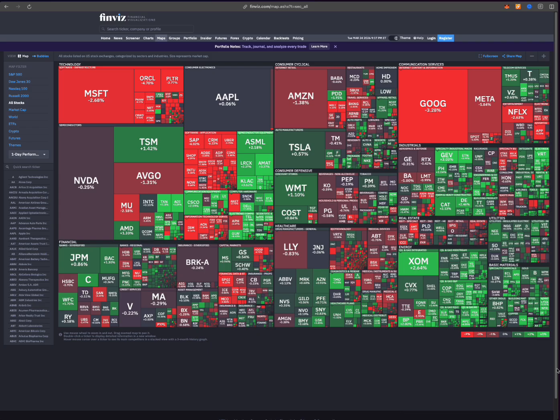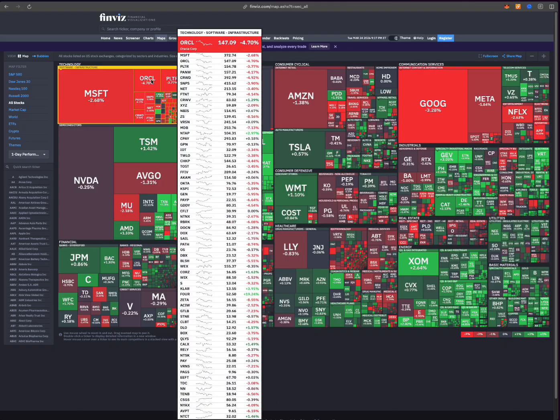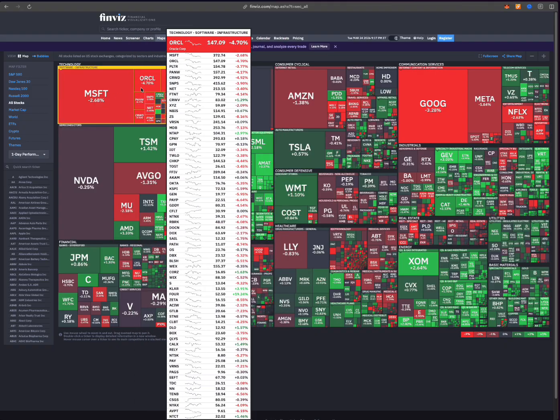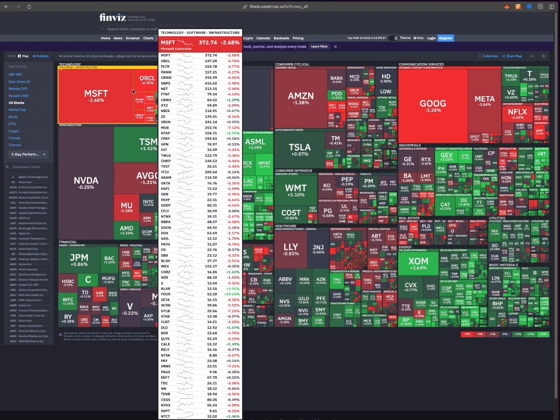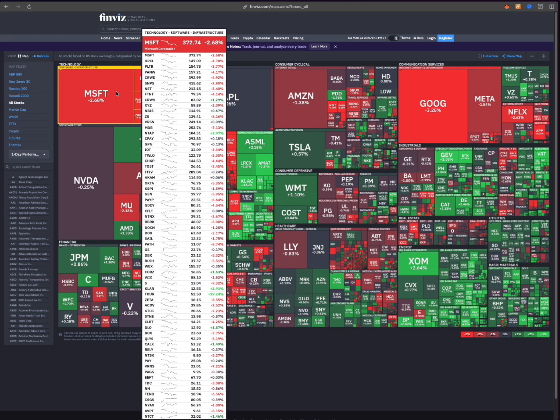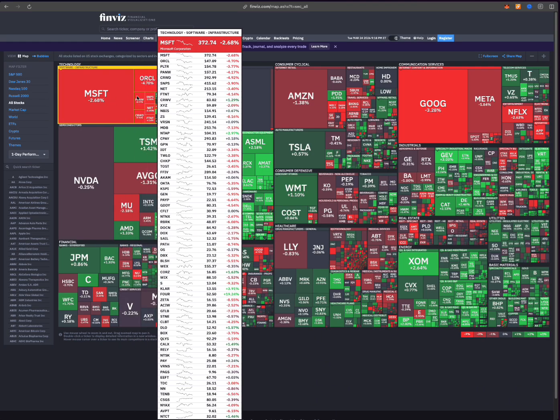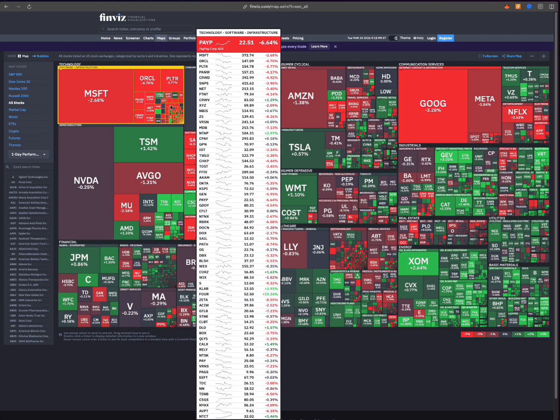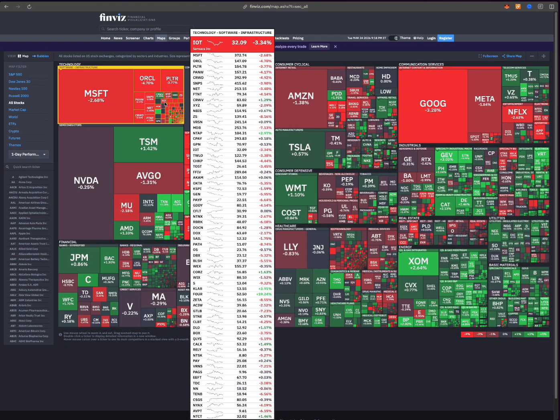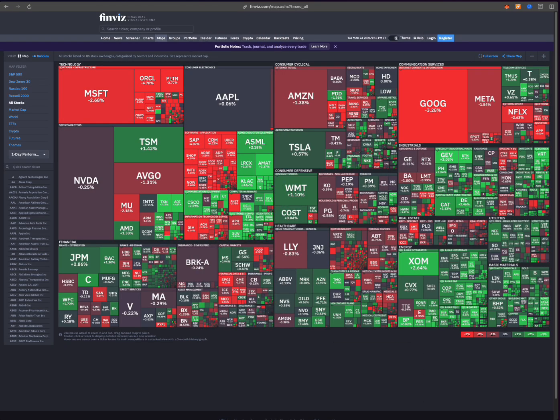Also, it helps to support your decisions. If you want to see what is selling off, what is doing well, technology is selling off on this day, you'll quickly be able to actually, not just decide, oh, it's only Microsoft that is selling off, but you can see here a lot of all the stocks in the technology sector were selling off on this day. Then also,